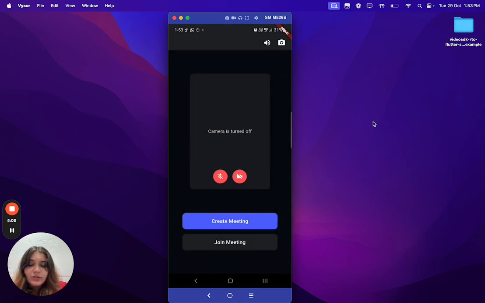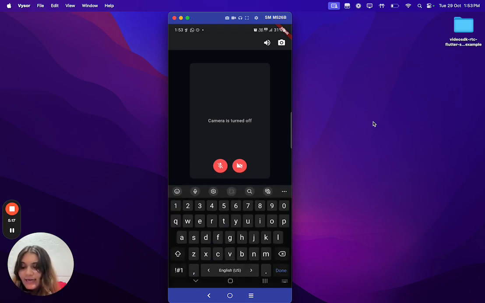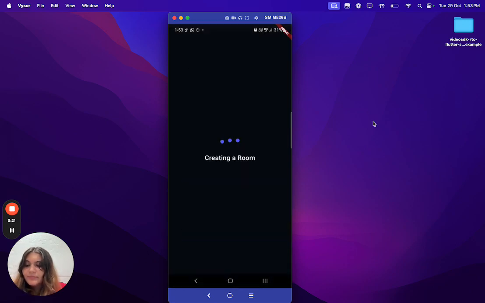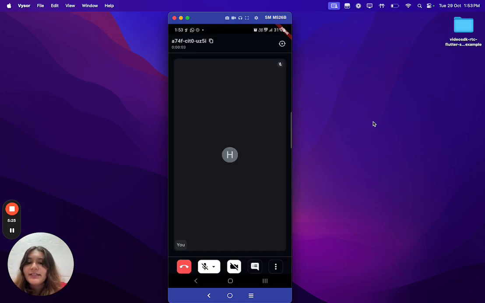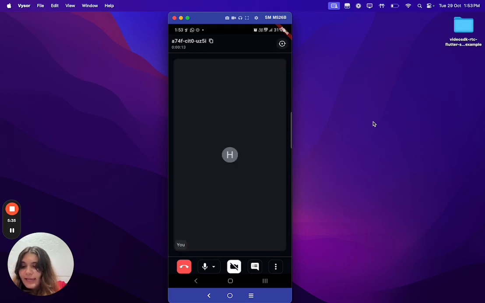You then have the option to either create a meeting or join an existing one. To create a meeting, we can just select the type of meeting that we want and enter our name. And that's it, we've entered the meeting environment. Inside the meeting environment, we have all different kinds of options, such as toggling our microphone and camera, switching between different microphone and camera devices,